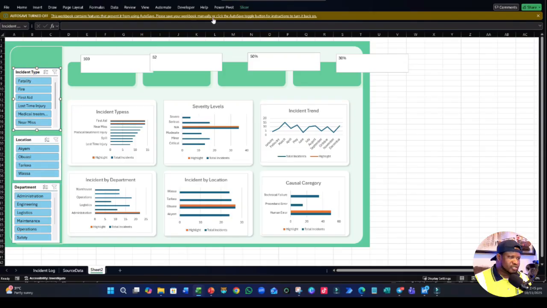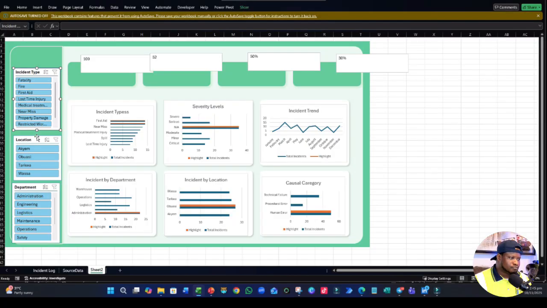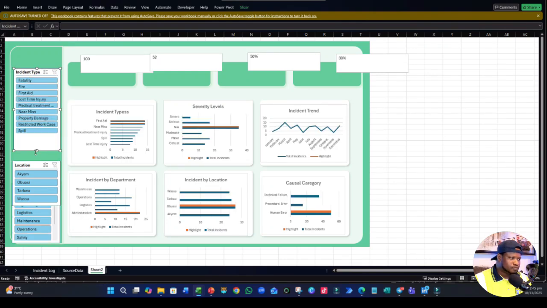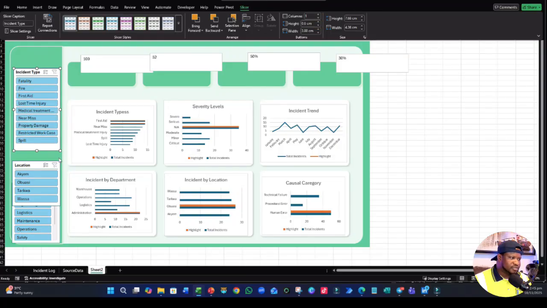So this one, we could try to resize it, reduce the height of the slices. Okay, so let's see everything properly. Let's increase it a little bit. This is okay,